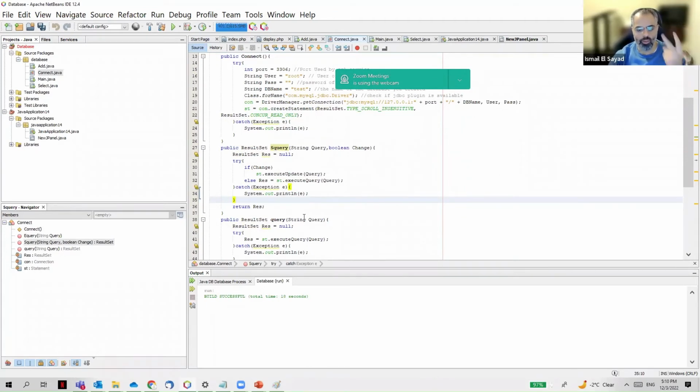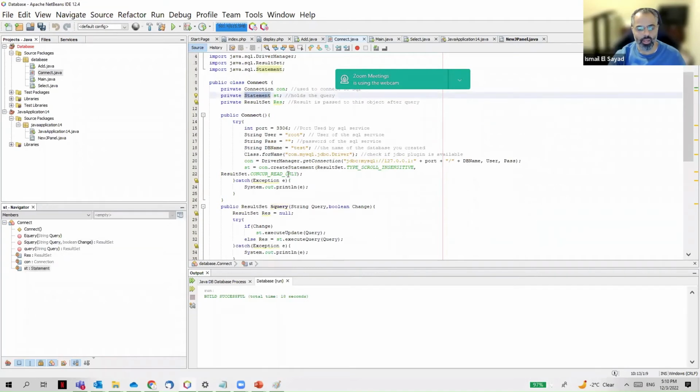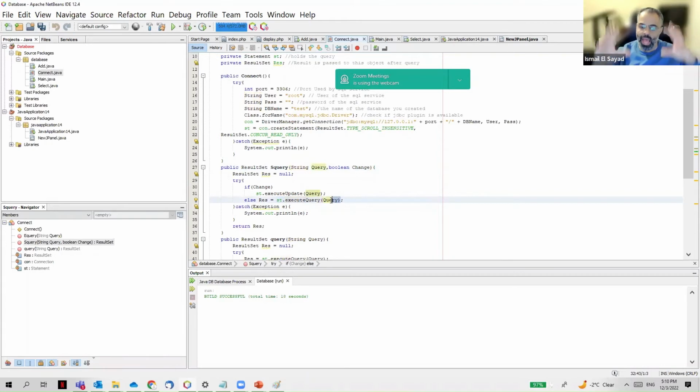Do you remember I said that we have two functions, execute query and update query. They are defined in this class. I can use it to bypass the query as a string. I name it as the query. This will take a string as a query later. And if it is here, I use it to create this statement that executes it. So in the data access